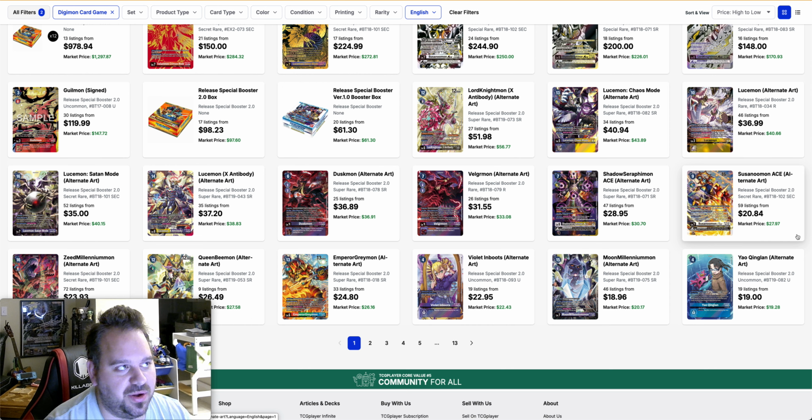$20 to $30, but getting down there, which is funny because I believe the last Susanomon crashed too. So it's kind of interesting to see this happen again and again with BT7. Dustmon's still up there, but he's under the $40 mark now. Probably might come down to the $30, but I think these guys will stay within that 25 to 30, 30